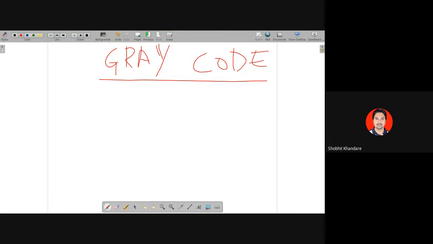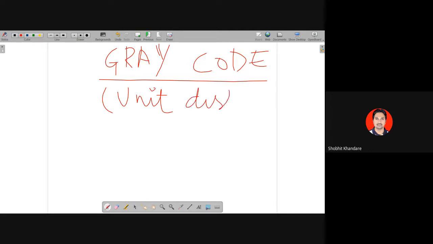First my question is whether this gray code falls under the weighted code or the non-weighted code. While giving you the tree diagram, where did I put this gray code, under the weighted code or under the non-weighted code? Non-weighted code. Yes, it is a non-weighted code. Now why is it a non-weighted code? Unless we understand the gray code, you cannot justify it. So we will see what this non-weighted code is. There is another name for this also: it is a unit distance code. This is also called a unit distance code. We will see why it is called a unit distance code.